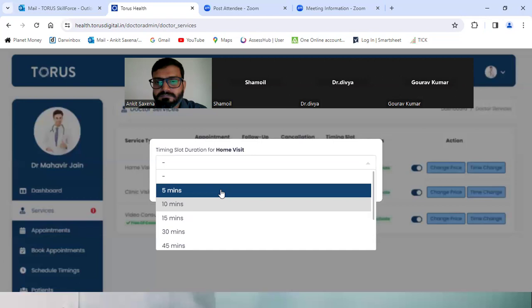No, Shamoil, our question was: will the patient have to pay again if the history is not completed or we have not completed our consult? So he or she has to call again and pay again to get a consult, right? Yeah, Dr. Gaurav, what is happening here is that the team will be adding a 10 minutes buffer button here.